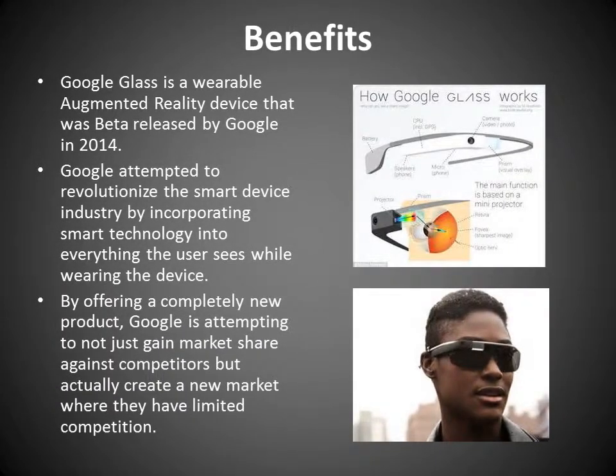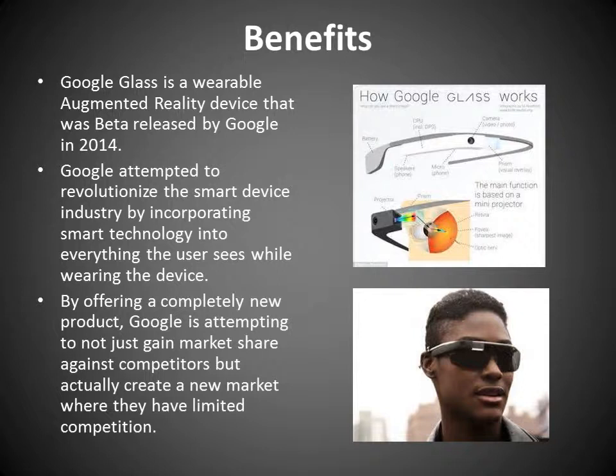I'm sure some of you have at least seen news reports or maybe even seen pictures in the news of this, but Google Glass is essentially a wearable augmented reality technology, and it's a device that was beta released by Google this year in the beginning of the second quarter. The introductory price is $1,500, but it is still a beta technology, and they're expecting to re-release concurrent final editions next year.